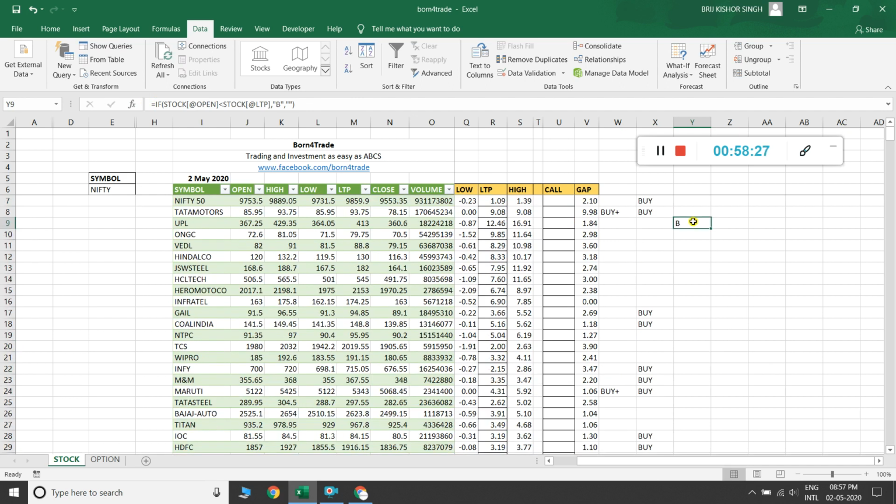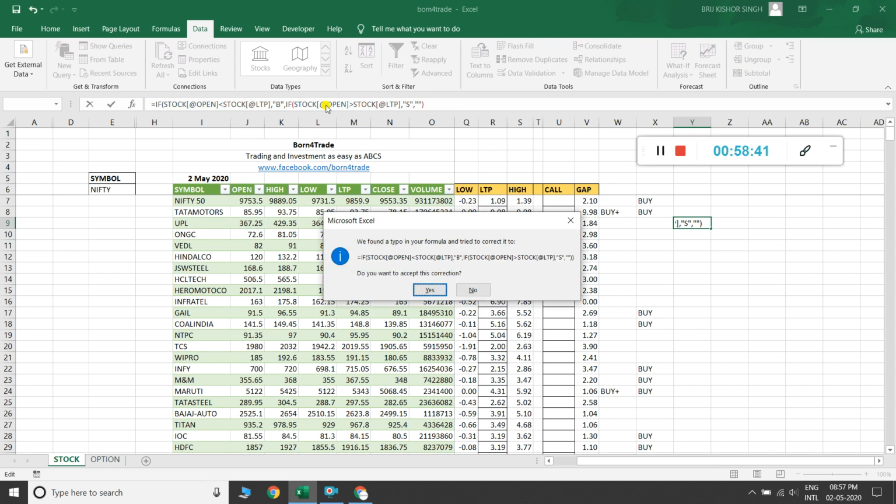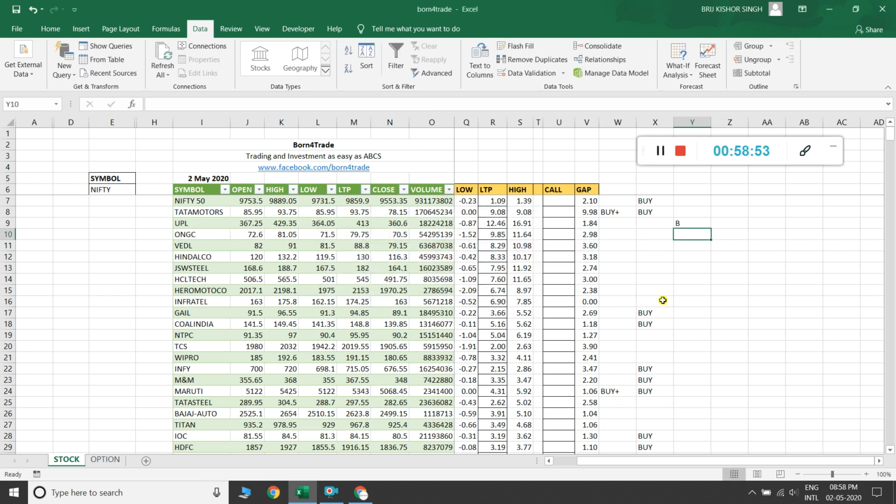Then here in the B signal I delete this and paste it with Control plus V and hit enter. Again it is incorrect and Excel tries to make it correct. It asks me, I hit the yes button, and it is corrected now.